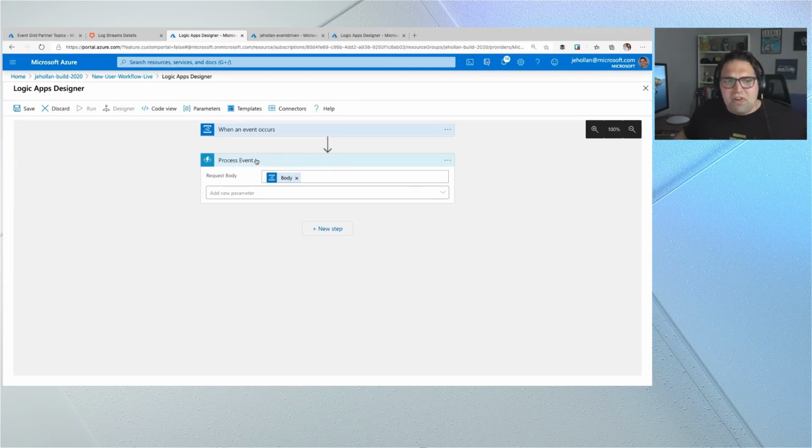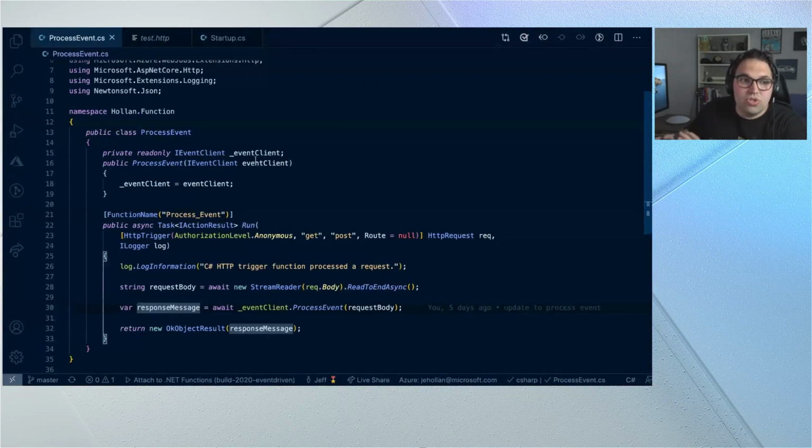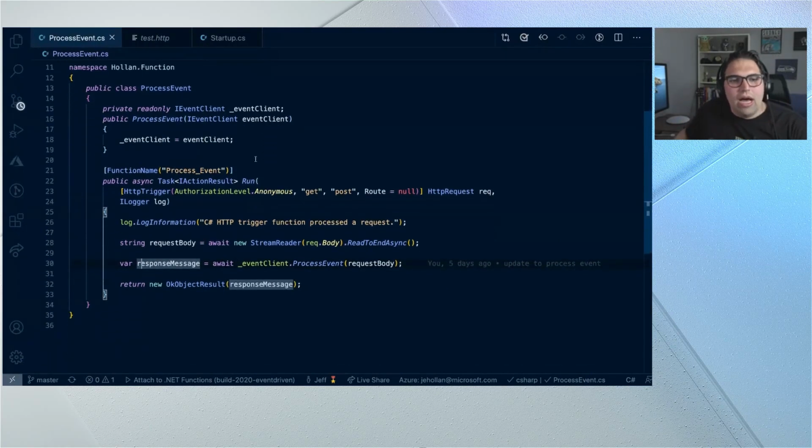Now, what is this function though behind the scenes? And to show you that, I'm going to switch over here to Visual Studio Code. I could be using Visual Studio as well. This is an Azure function. This is an event-driven piece of code. In my case, the event is anytime I get a request over HTTP. In this case, my Logic app is going to hit it over HTTP, but maybe I'm going to have like a web or a mobile front end hit this HTTP function.